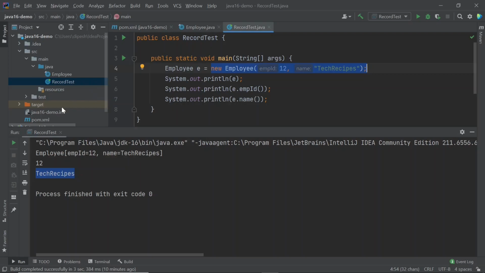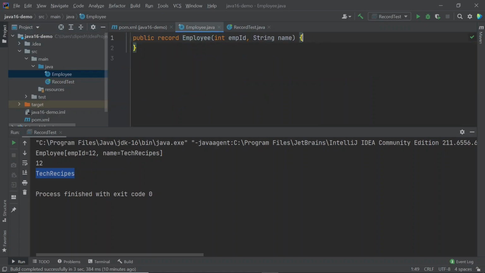Now let's think that you want to add some code here. For example, you need to validate the employee ID and make sure that it is not less than 0, so it should always be greater than 0. Can we do that in a record? Yes, we can.